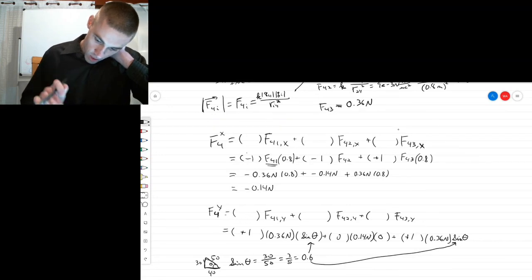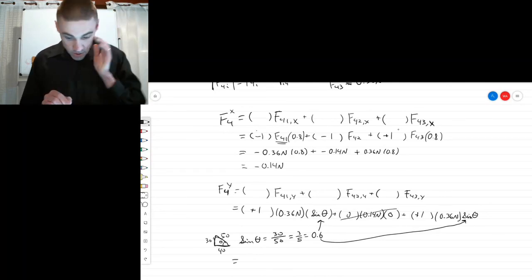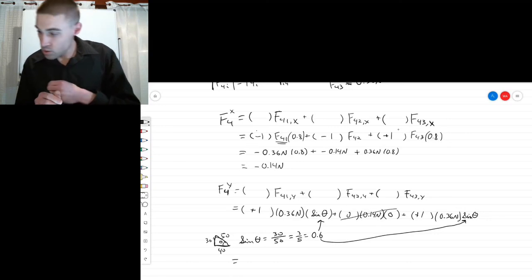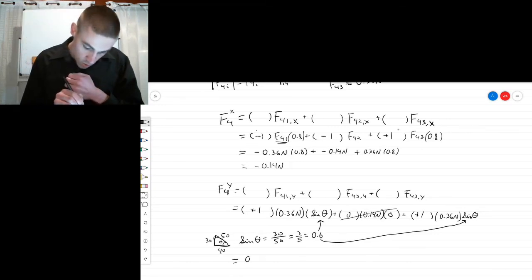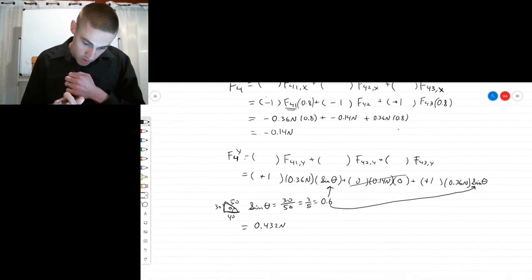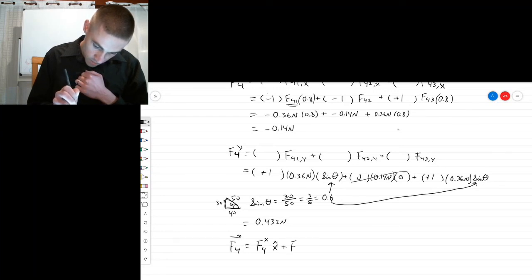That's 0, so this term goes away. Plugging in all of these numbers with 0.6 for sine theta, I get that this is 0.432 newtons. So my answer then for F4 is F4x x hat plus F4y y hat, or in other words,